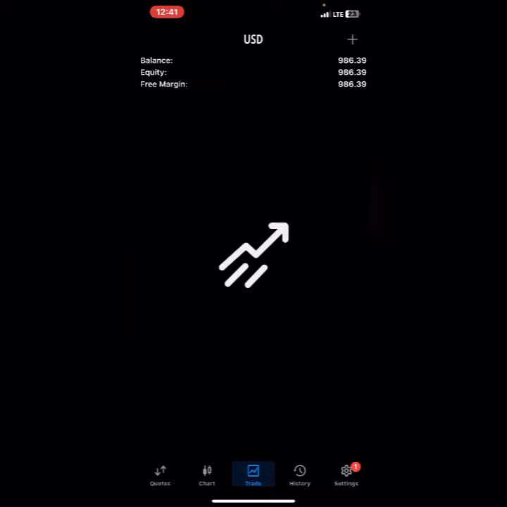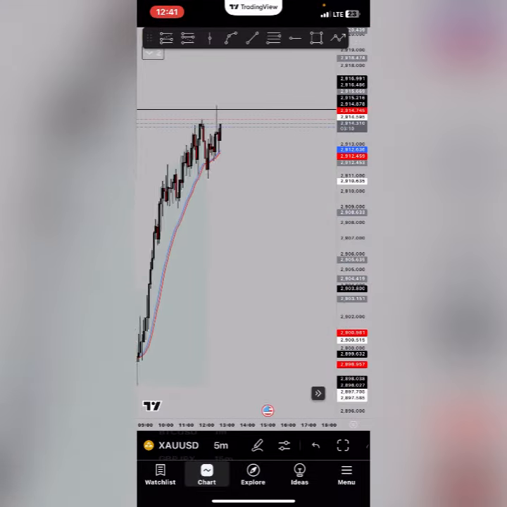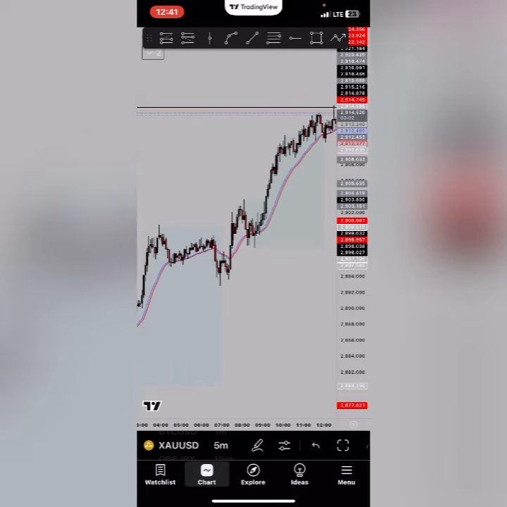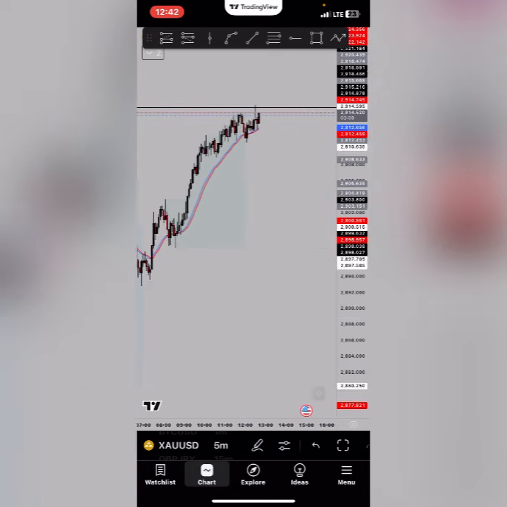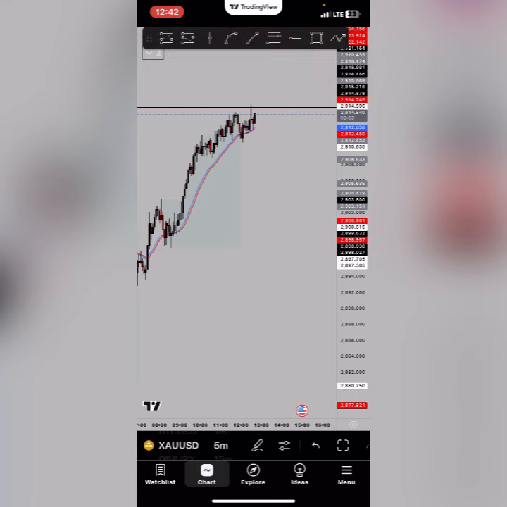So what I'm going to be doing is I'm going to be waiting for a trade today. Price is just trending upward, and I've not seen any trade. Like I said, I do trade the New York session, and it's almost time for the New York session. So let's just see what gold is going to do right now. I'll keep you guys updated immediately I see any trade. I just really hope I will not be busy by then, so I'm going to update you guys.